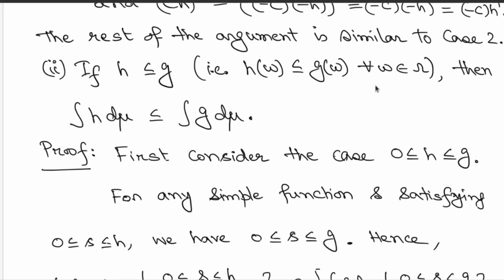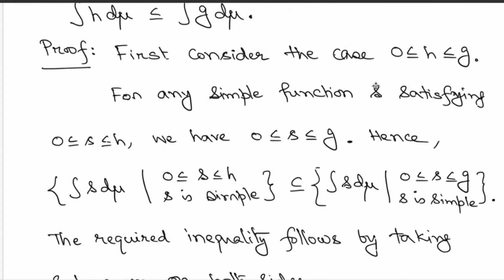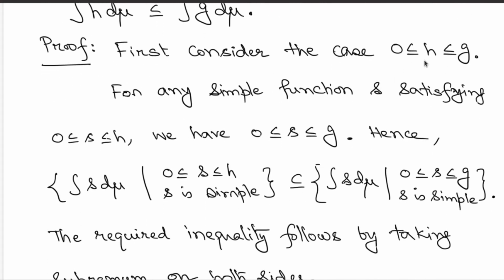So how do you show this? Here we consider a simple case, we prove it in detail, but for the rest of the cases we refer to an appropriate reference. So we first look at this simple case. Here we consider the case when h is non-negative, and since g is above the function h, g also becomes a non-negative measurable function.